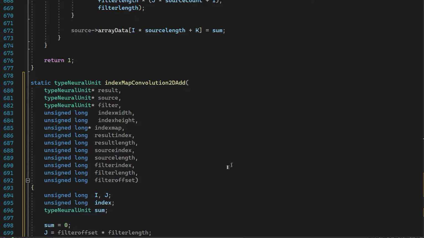So the number of filters is the number of source slices, source images, times the number of result images. So 10 by 10 will be 100, and each filter has something like 3 by 3 pixels, so 900 pixels. So here we need to figure